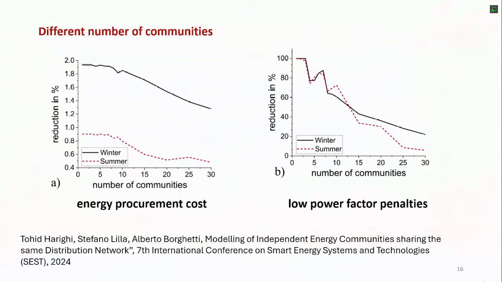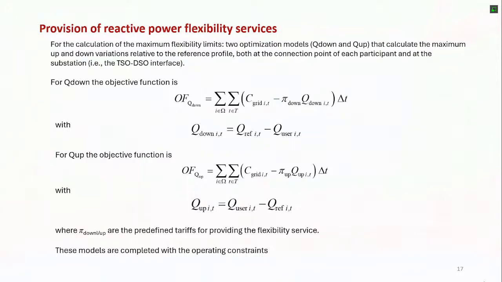We have also done a test for a different number of communities, and the important thing is that the reduction of the cost with respect to the case without energy communities, so the advantages, are decreasing by increasing the number of communities. So the biggest reduction of the cost we have when we have just one community in all the distribution network. So the larger the community, the better. Small local energy communities are in general not very important. So these are the details for the